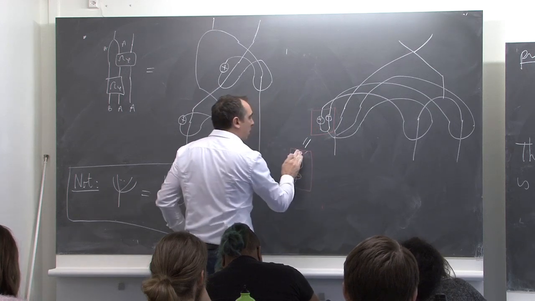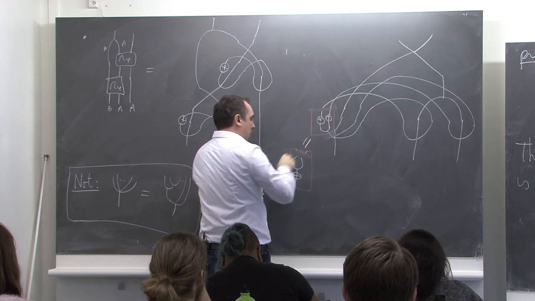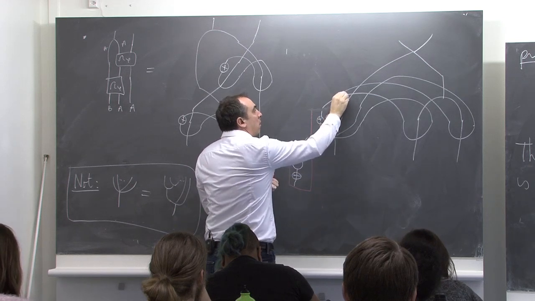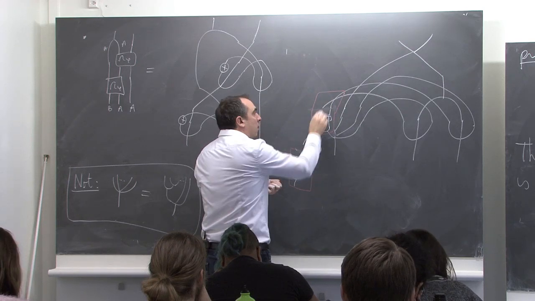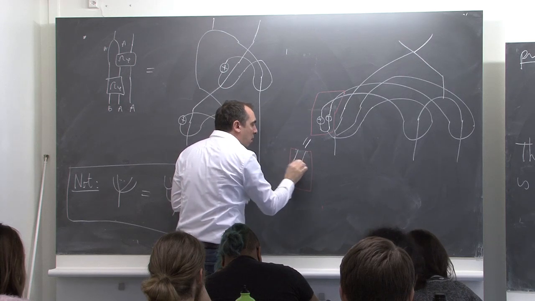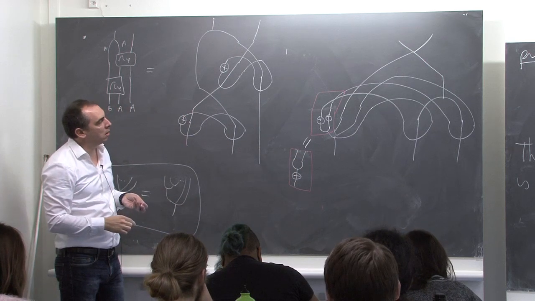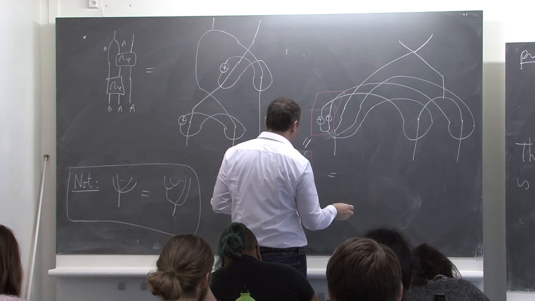So maybe I should englobe this crossing, it's better. And so I remove this crossing here. Okay, so what do I obtain? So I obtain